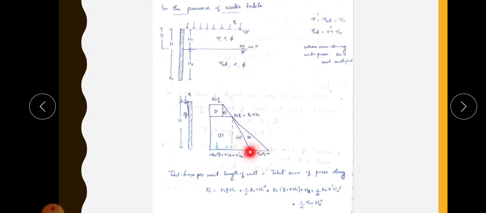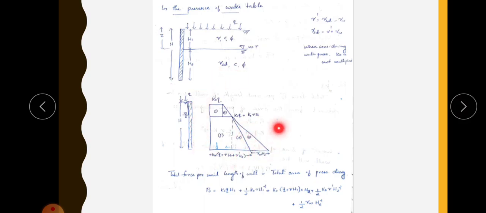Next we have to consider the pressure due to water. I have told you that when considering the pressure due to water, you should not multiply by K naught. So that will be the unit weight of water gamma W into h2 only. You should not multiply K naught, because K naught is a constant for soil only, derived for backfill soil in the case of retaining water. So here it is unit weight of water into h2. This is also a triangular variation, because here it is 0 and it increases with depth.